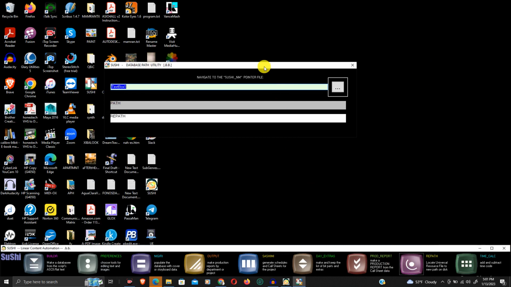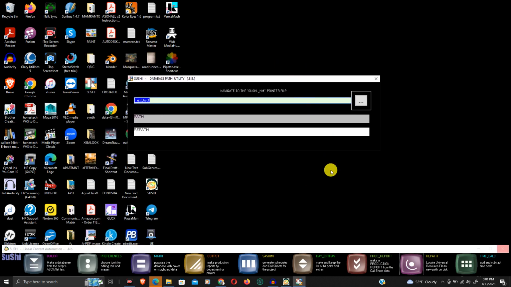Repath lets you do a simple thing. Every time you move a database within your computer or you share it with someone else, say with your production crew, the person who receives the database will save it on disk somewhere, and now it has to replace the information in the unitary file that keeps the address that is crucial for the whole program to find the database, that sushi.nm pointer file. So all you have to do is navigate to that pointer file wherever it is now,